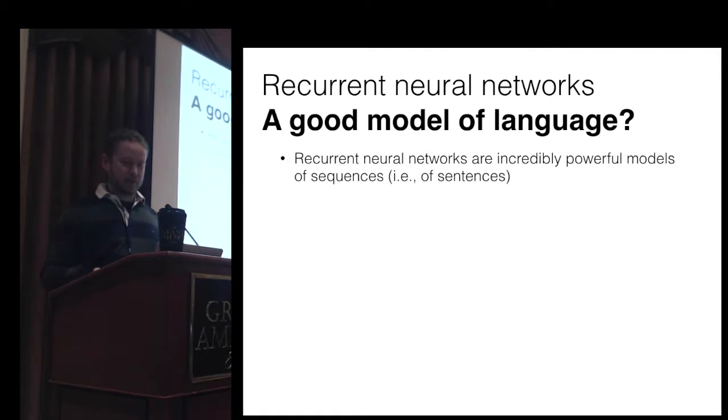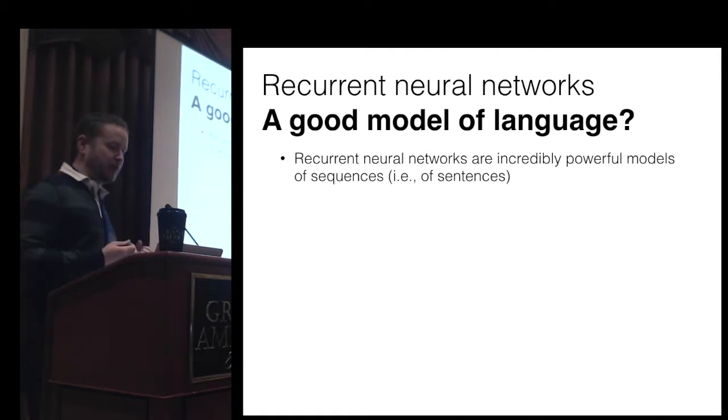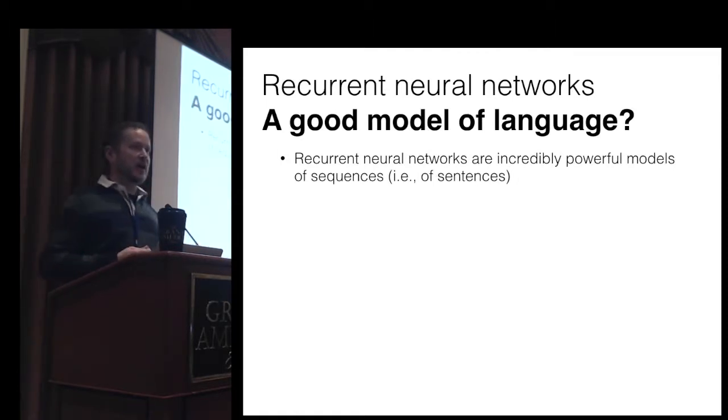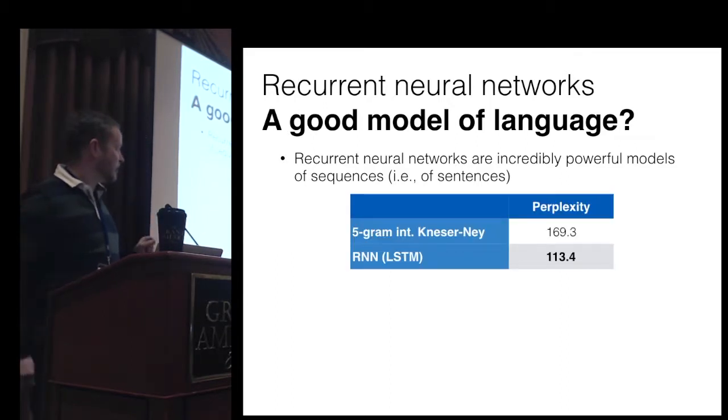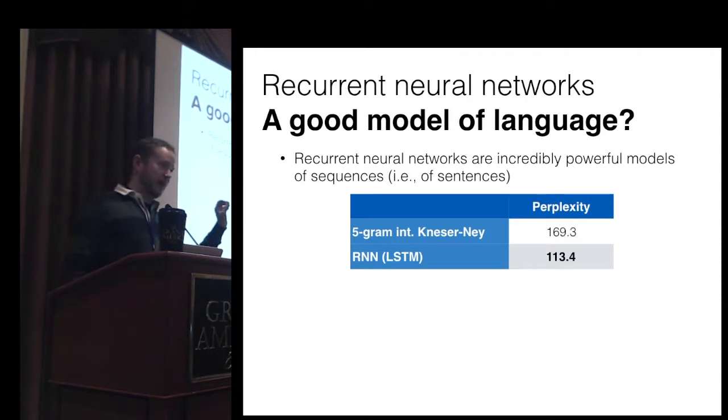Okay, my starting point is going to be recurrent neural networks. I'm not going to take a particular stance on which variant of recurrent neural networks. In general, I'll be talking about LSTMs, which are probably about the most general purpose good learners that we've got out there. If we look at a standard language modeling task, where we give a finite sample of data and then evaluate the model's predictions on a held-out sample of data,